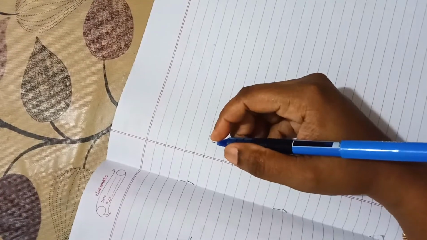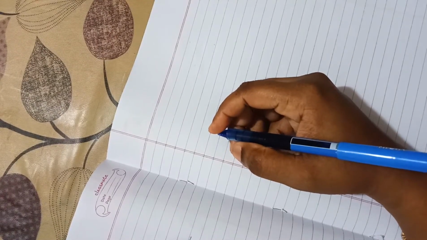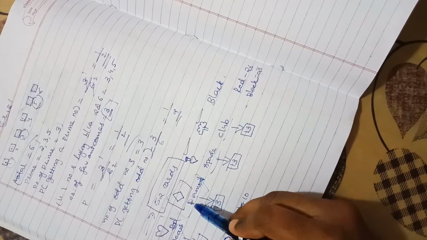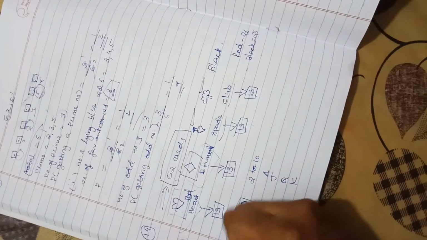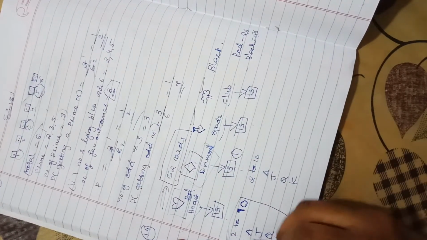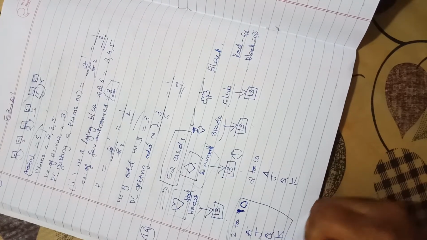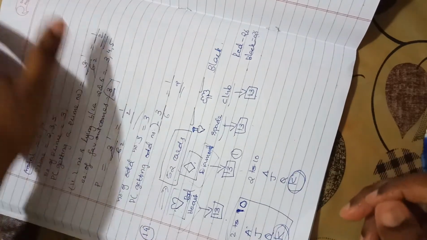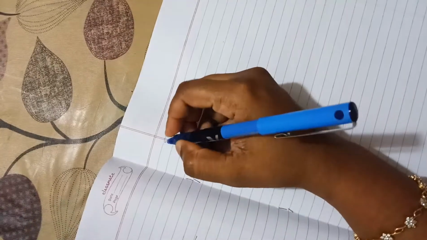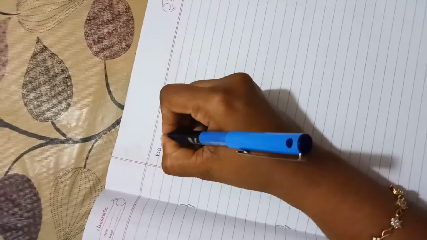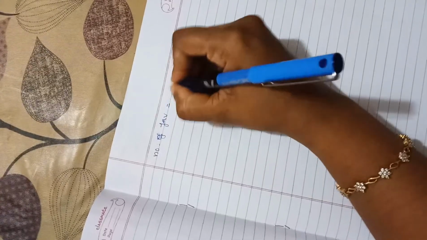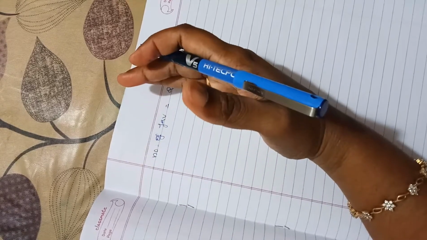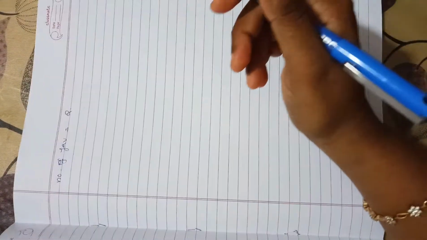So you have to find the probability of getting a king of red color. So how many kings are there? In heart, this is red and this is also red, correct? So in heart you will get 1 red king, and in diamond also you will get 1 red king. So one king is there in heart, another king is there in diamond. So how many possible outcomes are there? You can write here number of favorable outcomes. Number of favorable outcomes is equal to 2, because in the heart you will get 1 red king and in the diamond shape also you will get 1 red king.